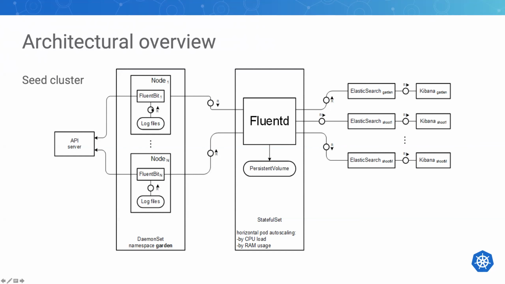Then it forwards the log messages to a log aggregator. It is FluentD in our case. It is also deployed in the Garden namespace. And here we scale FluentD horizontally, so it can accept all of the workloads. Why FluentD? Because it is more mature than FluentBit and it has a large ecosystem of plugins. In our case,